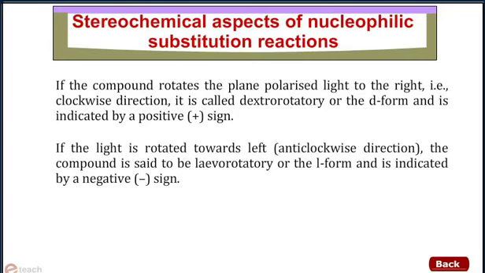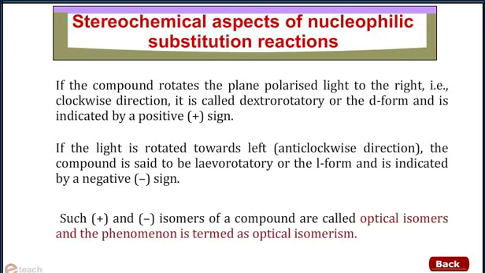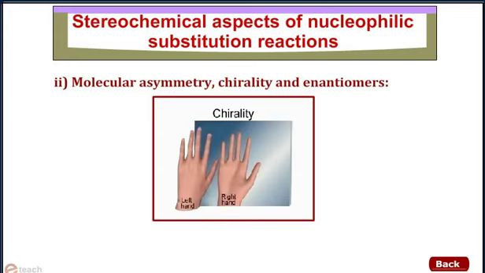If the light is rotated towards the left, that is, anti-clockwise direction, the compound is said to be levorotatory or the L form and is indicated by a negative sign. Such plus and minus isomers of a compound are called optical isomers, and the phenomenon is termed optical isomerism. The second one is